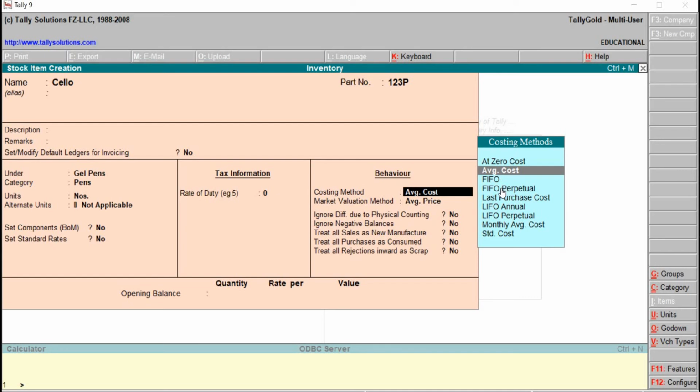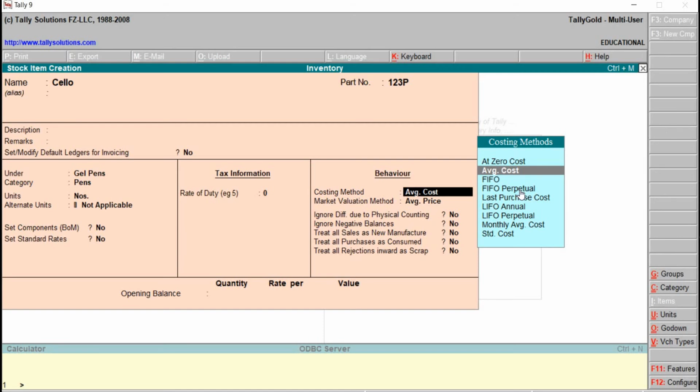The next one here is FIFO perpetual, that is first in, first out perpetual. In this case, it is assumed that items purchased first are sold first across the financial year. That is nothing but the first lot may be from the previous year entry.